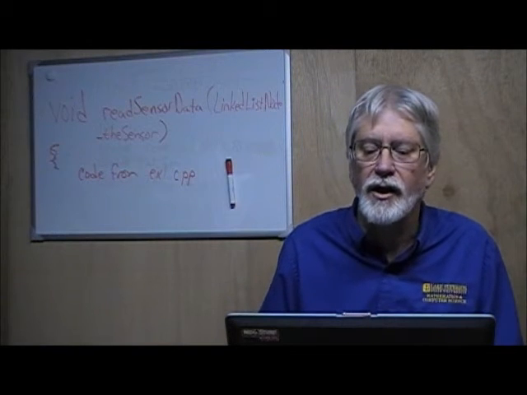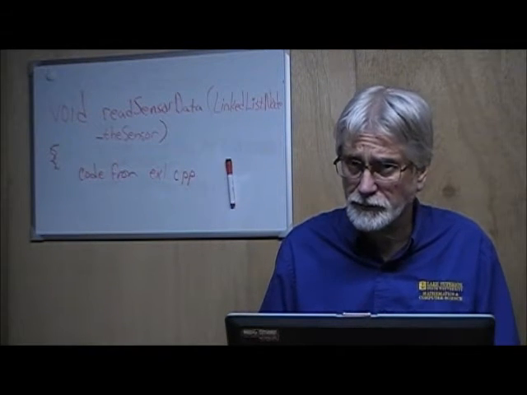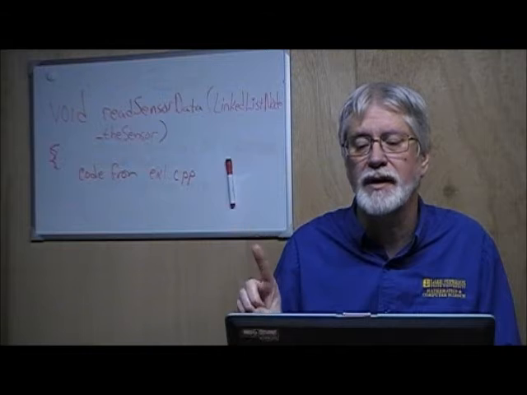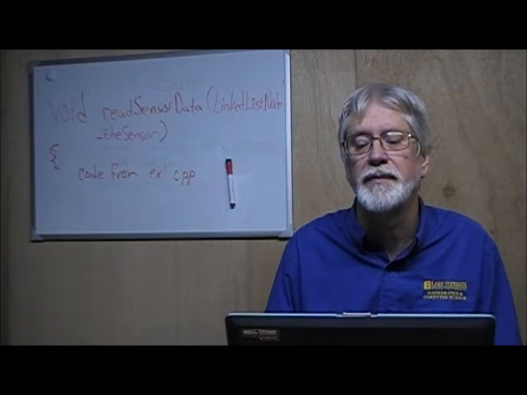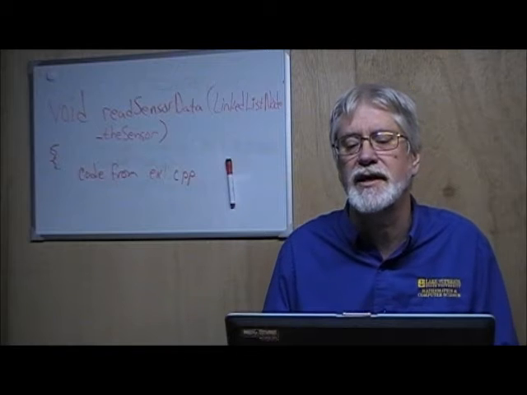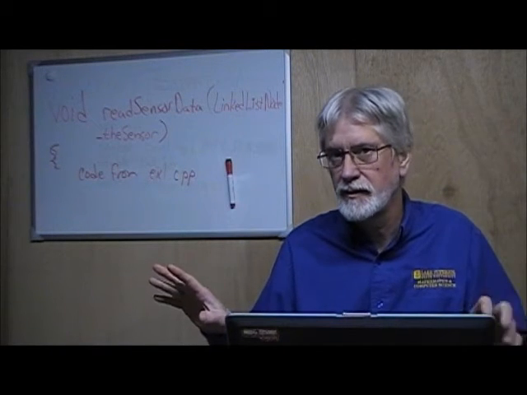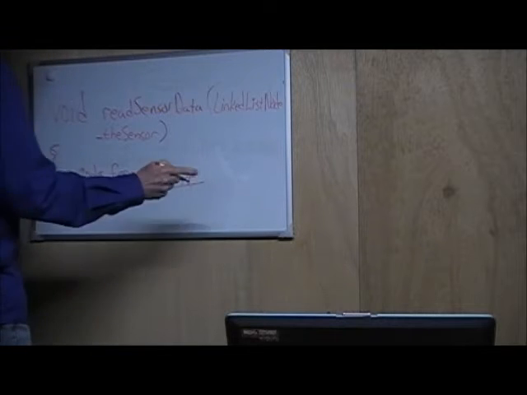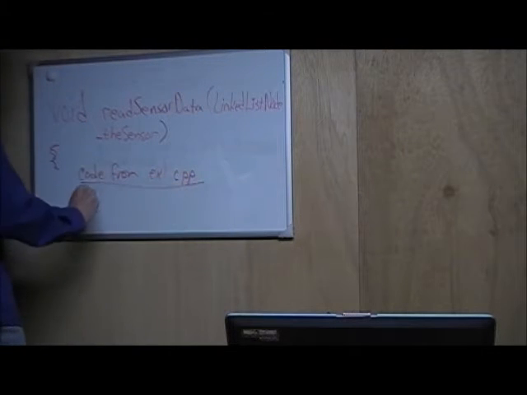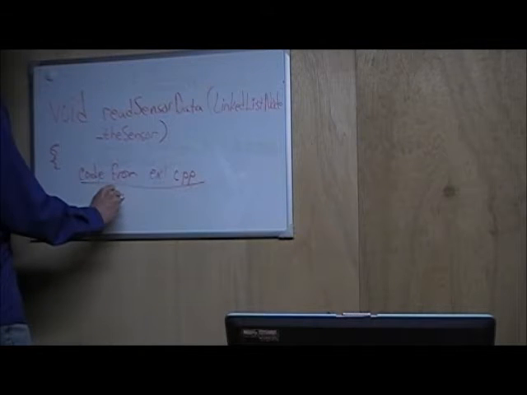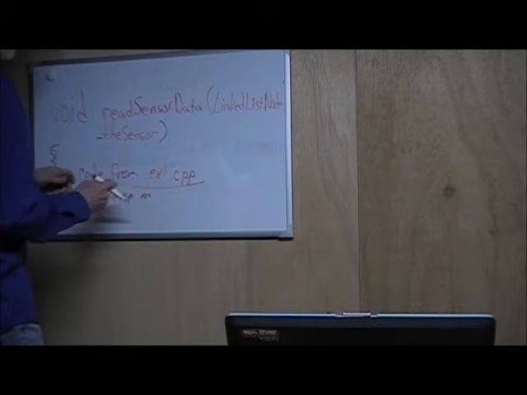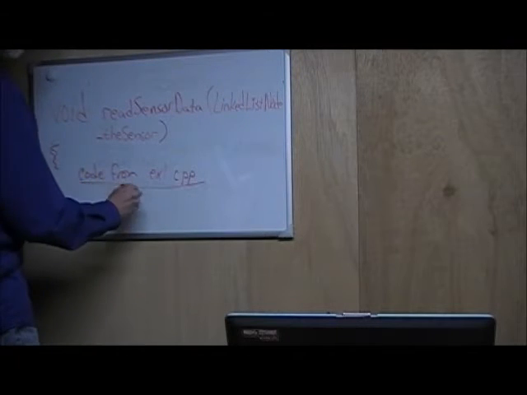Okay? And all the rest of that code in there is going to stay the same, except for the temp.id. Okay? So if you take that code that was in ex1, we're going to take all the temps and we're going to rename them as the sensor. Okay? So in that code, right here, that code from ex1.cpp, we want to take every temp and make,